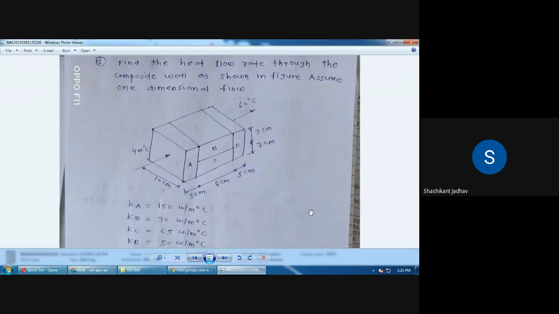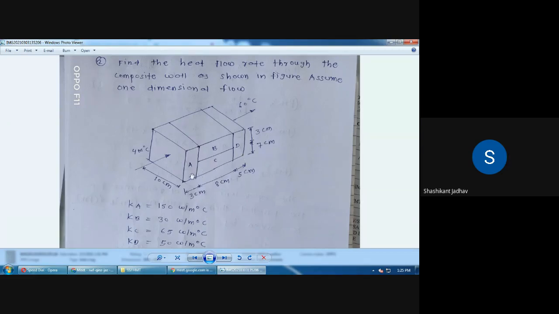So a composite wall is given to you. Now whatever area we are considering, see which area it is. So at the arrow the area is given. Okay. We have to see on the cursor. So on this cursor, this is the area through which heat transfer takes place. Why are we saying the area is the same for every plate? Because the area which is normal to the direction of heat flow, that area is same for all the plates.